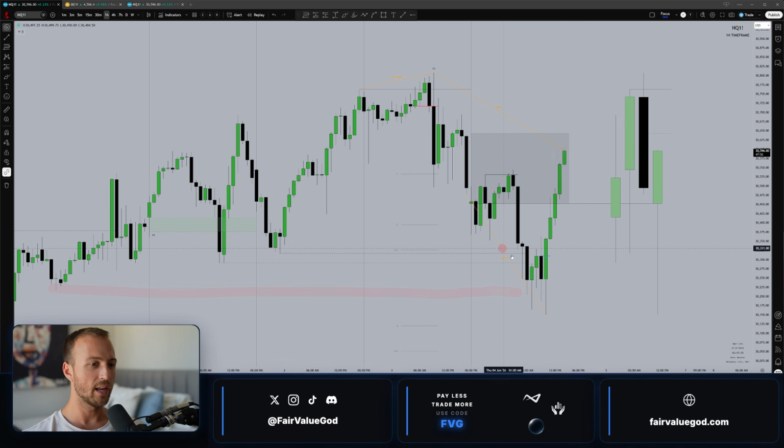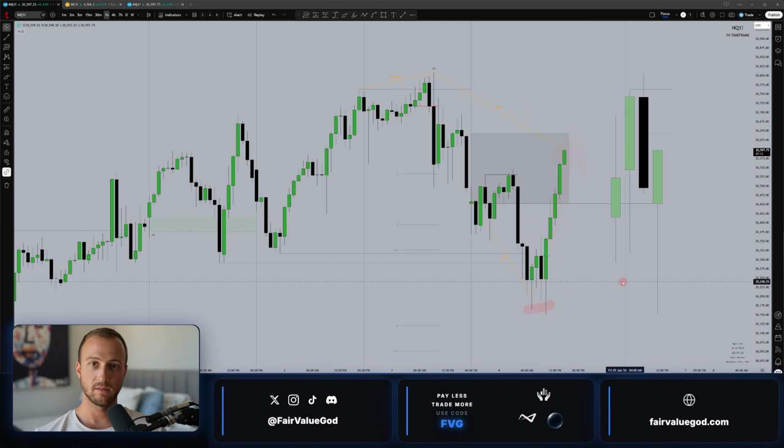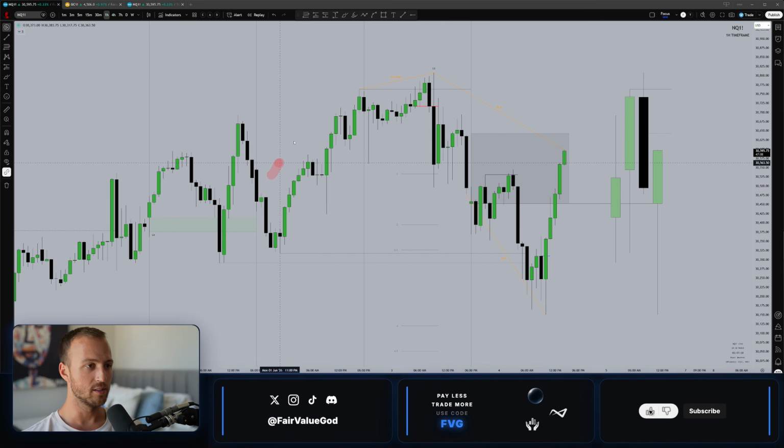But once those were taken out, we reversed off that, right? And so I waited for a few hours until later in the morning around 10 o'clock when I took my long position, all right? So I want to show you how I swapped my bias, okay? What I needed to see to flip my bias from this bearish structure here to now a reversal for longs,